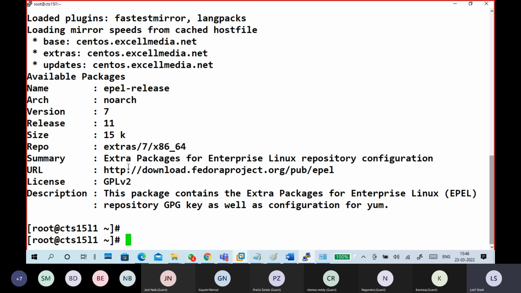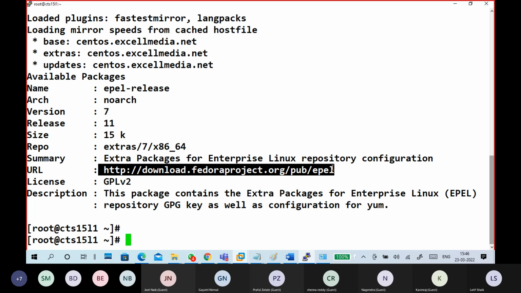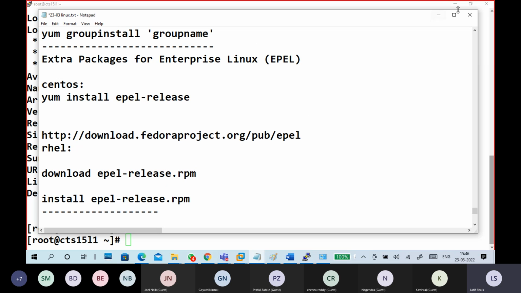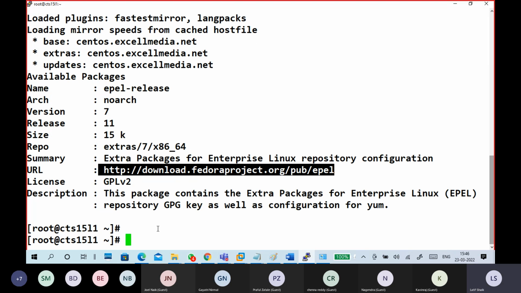Okay, so we have to download from here. You can download from here. So this is the download link. If you want, you can try to download from there.